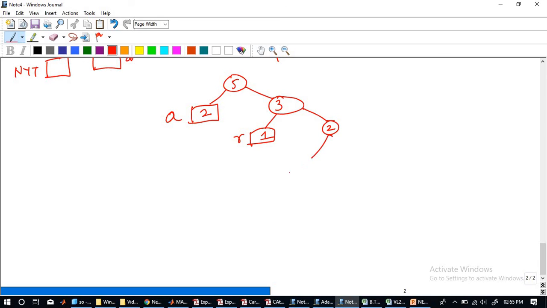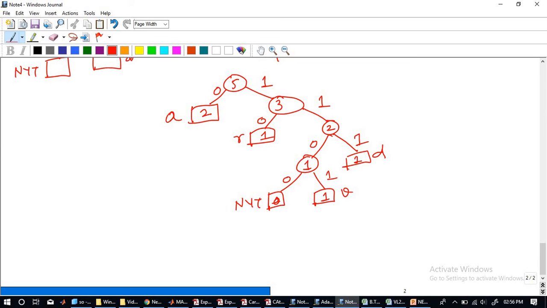Since I have the solution, I'm doing it this way. This is 1, this should be D, this should be NYT, and this should be V. So this is my tree. Again, if I consider this to be 0, this should be 1, 1, 1, 0, 0, 0, 1. So this is your reference when A comes in.